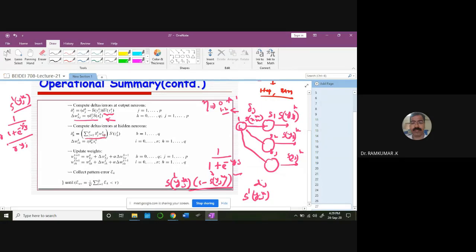So if you split open this, what do you get? For j equal to 1 it is delta 1, w for the first neuron, 1 1. Then plus, I have to take the second neuron. In the hidden layer, the first neuron will not change, but all these neurons I need to work out. Delta 2, w. Can somebody tell me what is that value? W11. Next one is W2, W. What is that value?